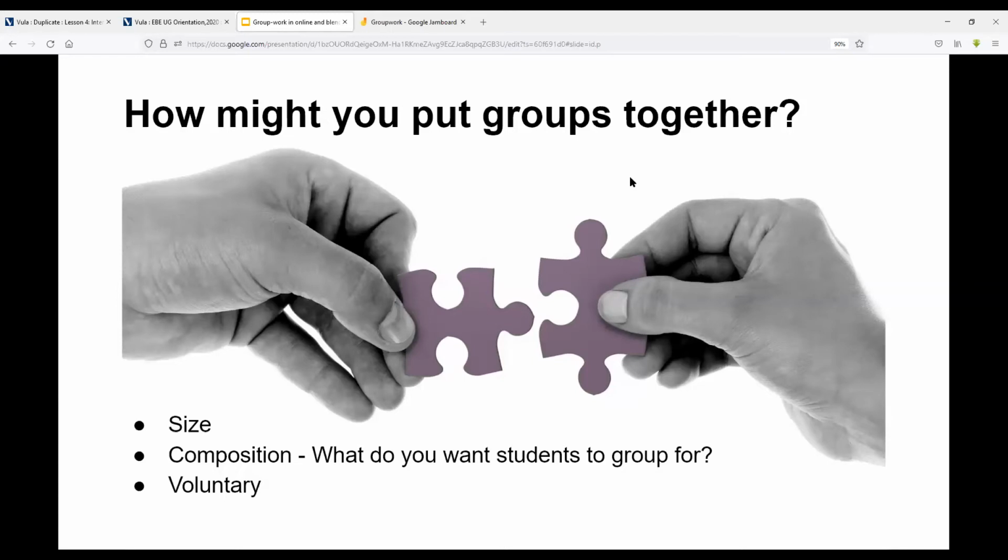So I think that for me, one of the critical things to think about in terms of putting groups together is to think about the duration of the group. Is this something that they're doing just for a live session, a single session? Is it something they're doing for a relatively short period of time? Or is it something that's going to need to cohere for a whole semester or for some kind of extended period? And if so, how much risk are we willing to put into the process of composing that group?